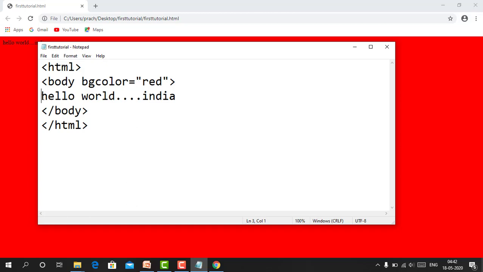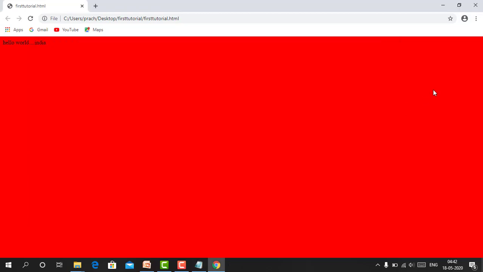We want hello world as bold, so we will write the B tag before hello world India, and as we open the bold tag, we close the bold tag. Control S. Again go to Google Chrome and refresh it. By pressing F5 we can refresh it. Okay, you can see the changes.